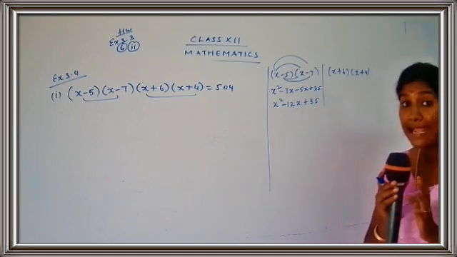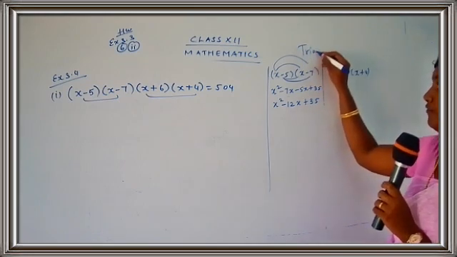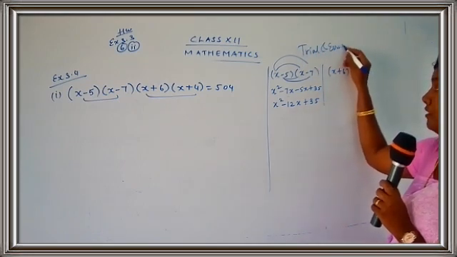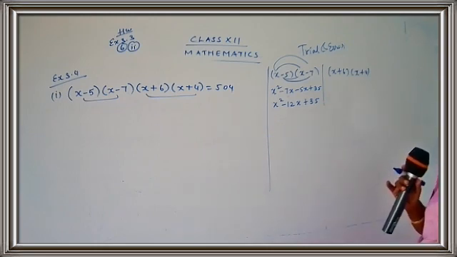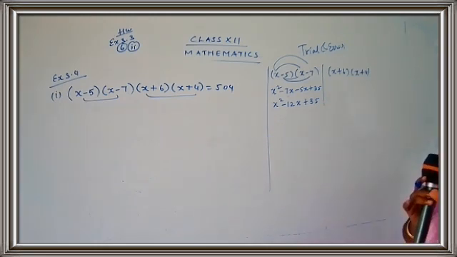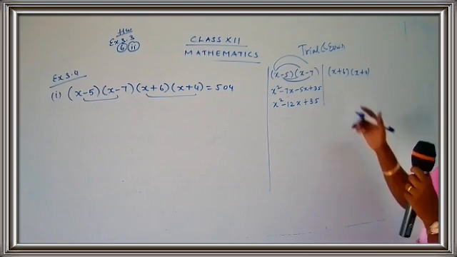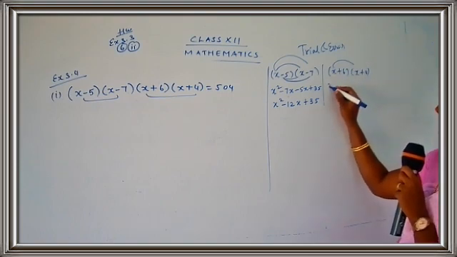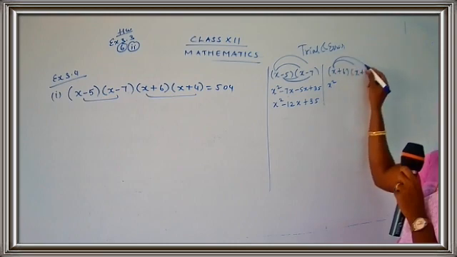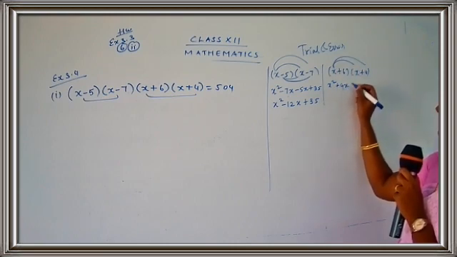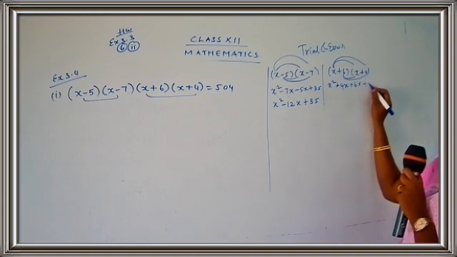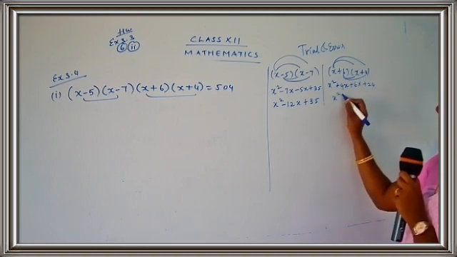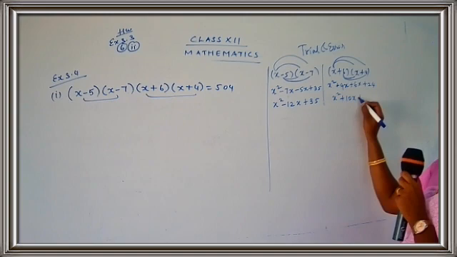This is a trial and error. I am just going for a trial and error. I have not entered the sum; the sum we have not touched at all. I have chosen the first 2 and the last 2 as combinations. So let me solve this part. X square, 4x, 6x, 6 fours are 24. So x square plus 10x plus 24.